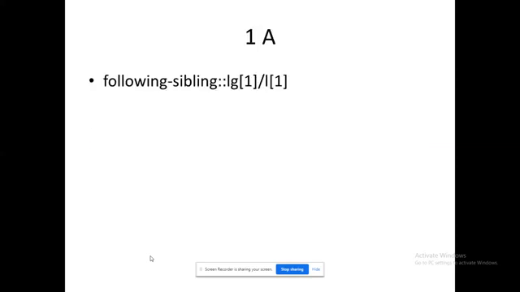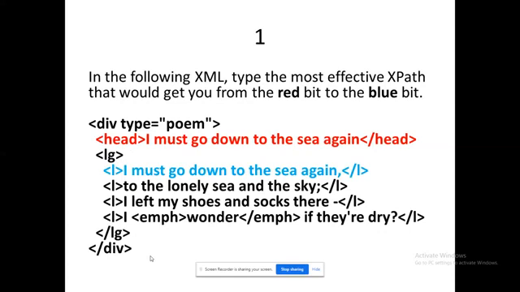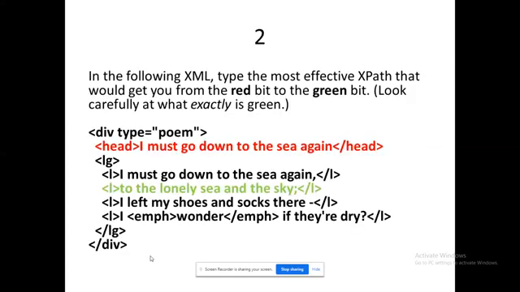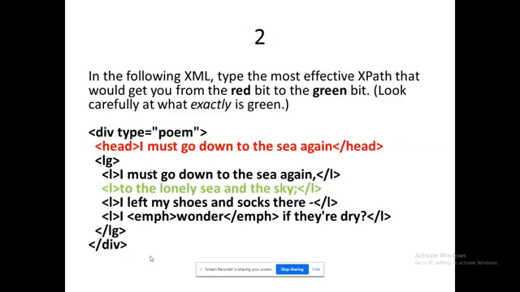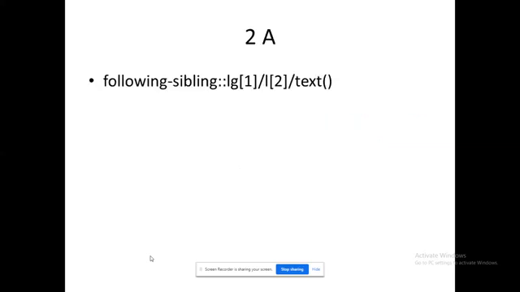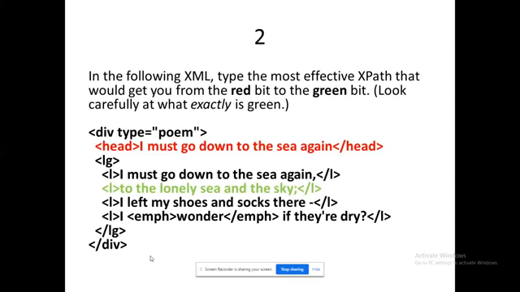In the first question we visit only the tag, but here we are ready to retrieve the content also. That is why text() is appended. We know that for the first record we travel into the child LG[1]. Next, in LG[1], I have to visit L[2]. That is what is given: LG[1]/L[2], the absolute path that we have seen in XPath. Then /text() retrieves what is available within that content.